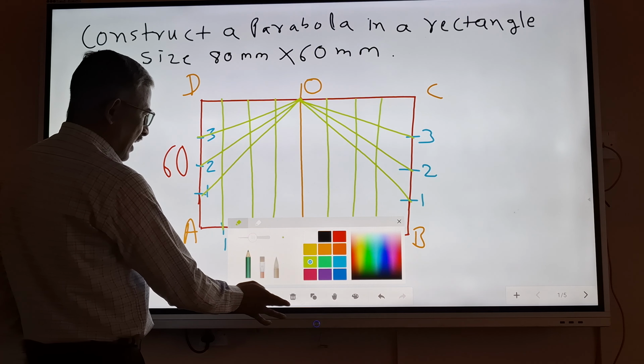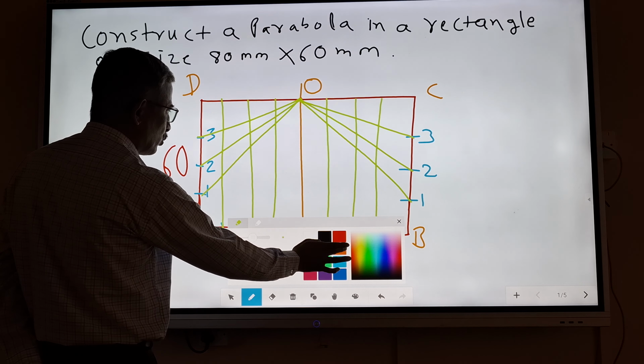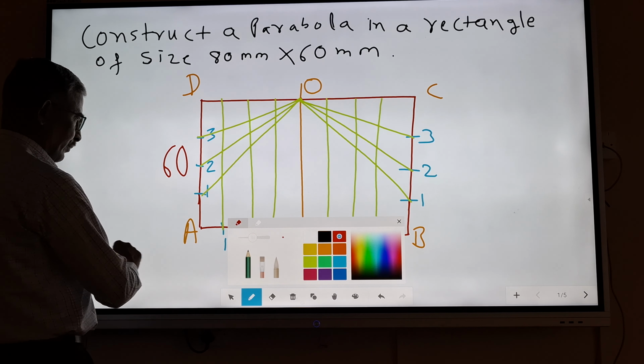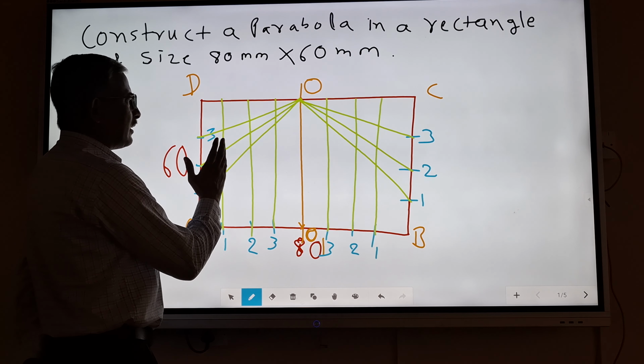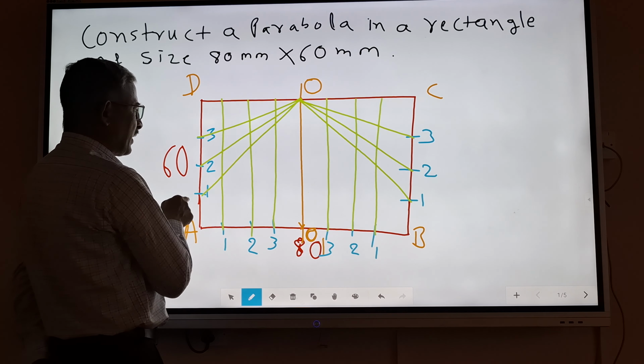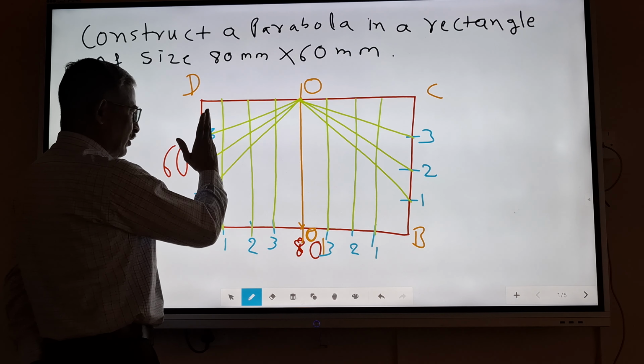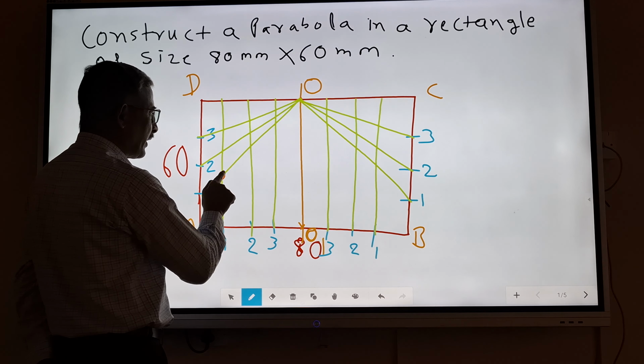Now the last step is to get the points of intersection. O1 slanting line and vertical line of 1 will intersect at a point.